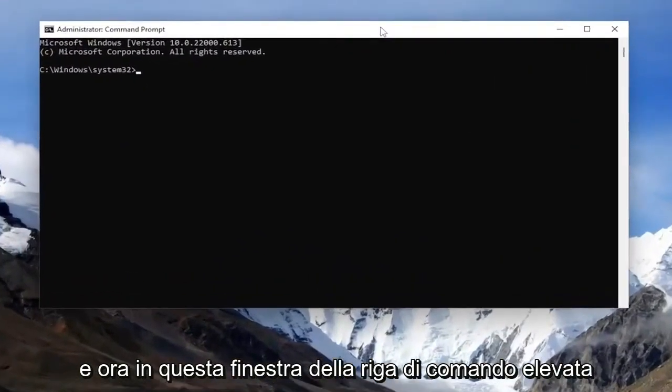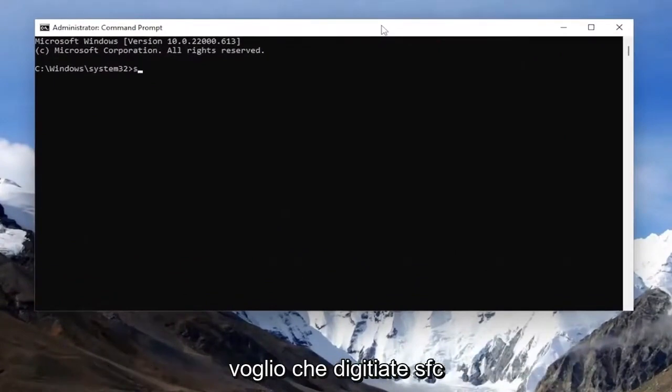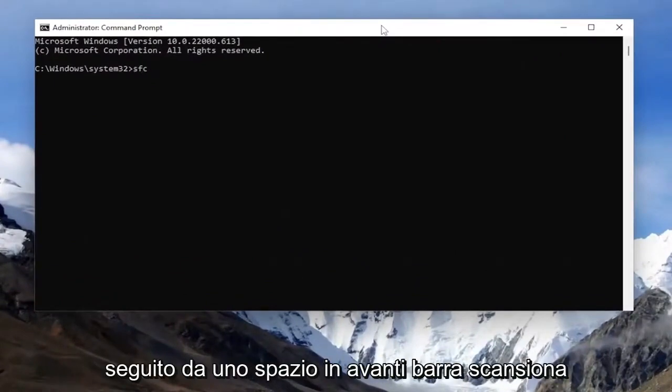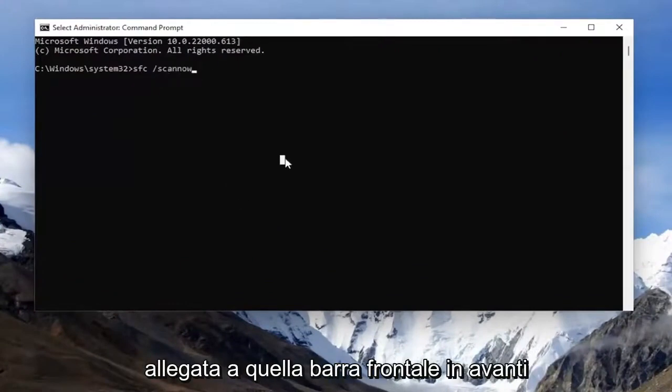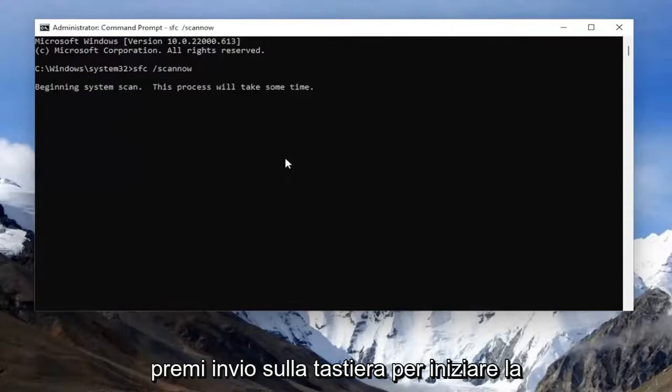And now into this elevated command line window, I want you guys to type in SFC, followed by a space, /scannow. Scannow should all be one word attached to that slash out front. Hit enter on your keyboard to begin the system scan.